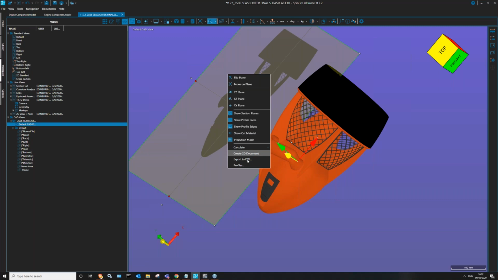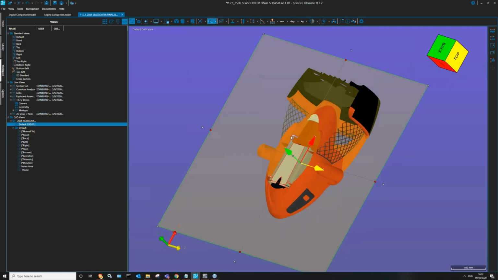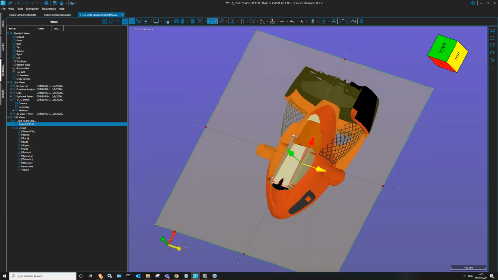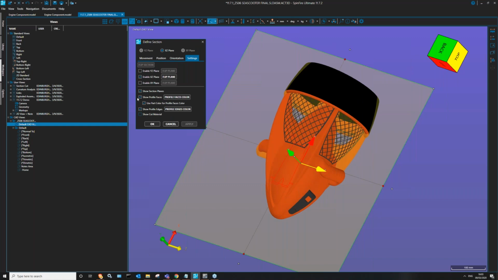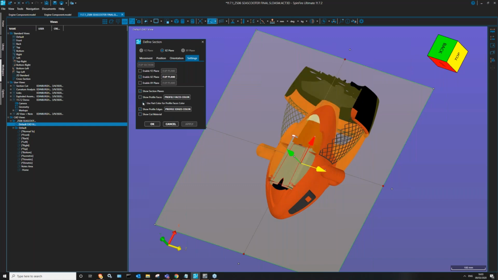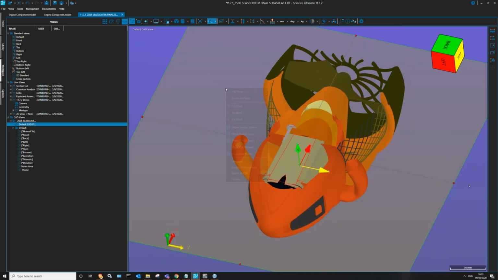I can create a 2D document of the section cut. So I actually noticed there's a couple of settings missing on this section plane I have at the moment. So let's go to define and let's show. All right. Okay. So let's create a 2D document,